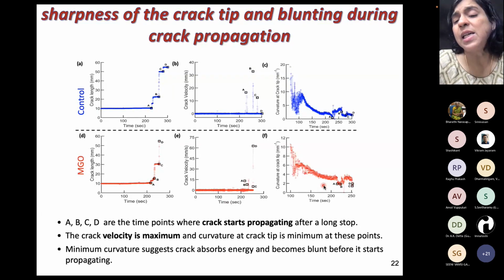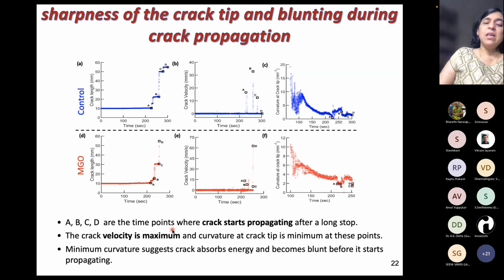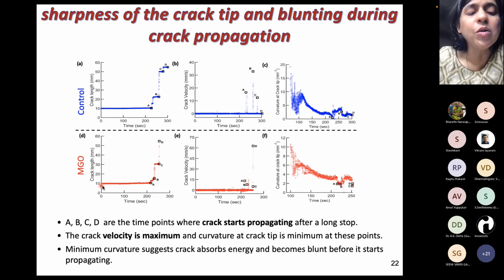And what we see consistently is that the curvatures are the lowest at the points when the crack runs away inside the sample. So one, that the cracks propagate after a very long stall. And at those crack propagation speeds, the speed is extremely high at those points. And last, that the curvature is the lowest at each of these different points, which shows us that unlike metals,